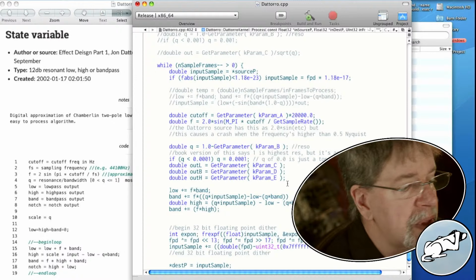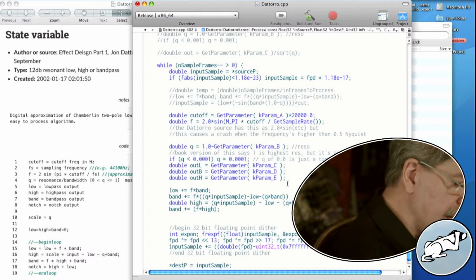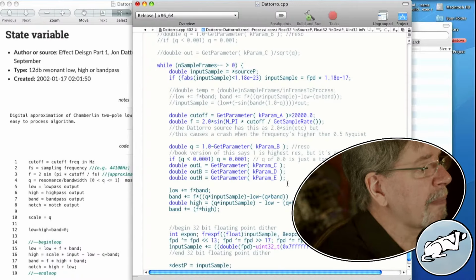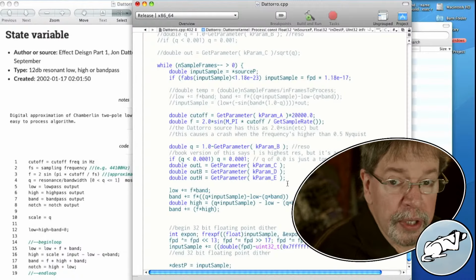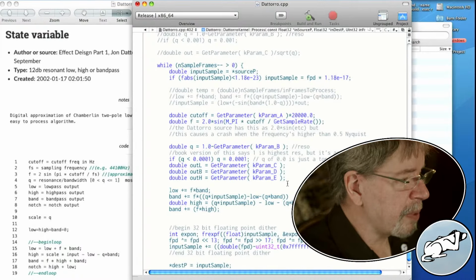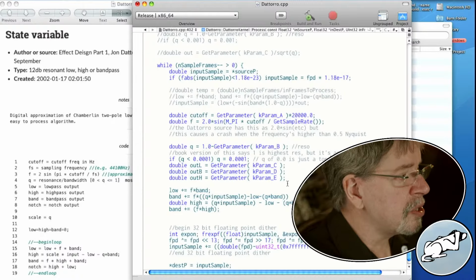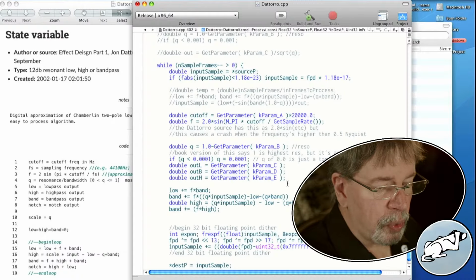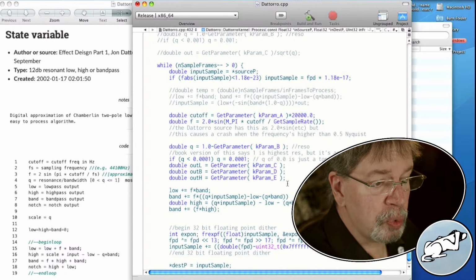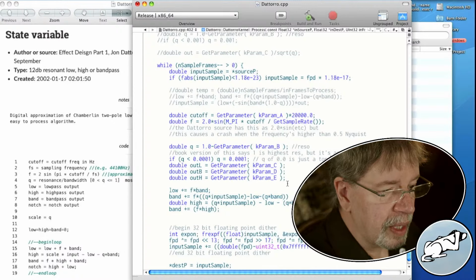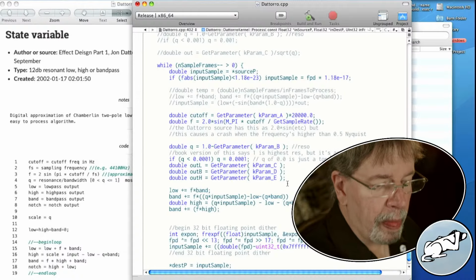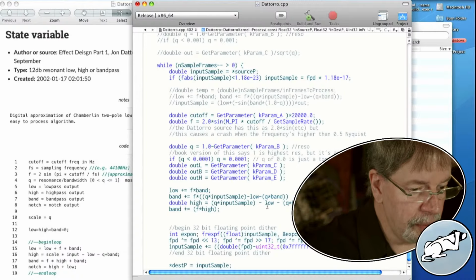This is something that I learned about when people were talking about filters in a plugin maker hangout that I'm privy to. That, or people were talking about filters in the Surge XT forum, which everybody's privy to, or just people like Paul, Bacon Paul, might have been talking about this. But the idea is you don't want to use biquad filters for synth filters because it doesn't stand up to modulating it very quickly, whereas this one does stand up to modulating it very quickly. And what I'm doing here is demonstrating what that is, and I will continue to,